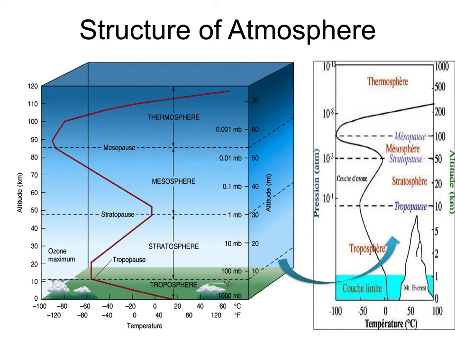Now the structure of the atmosphere. If you look at the vertical profile of the atmosphere, we can see a zigzag pattern. The troposphere is the bottommost division of the atmosphere. It directly affects weather phenomena like precipitation, wind speed and wind direction, cyclones and so forth. In this zone, as you go upwards, temperature keeps on decreasing, which is called the lapse rate. The rate is about 9.8 degrees centigrade per kilometer for dry air,